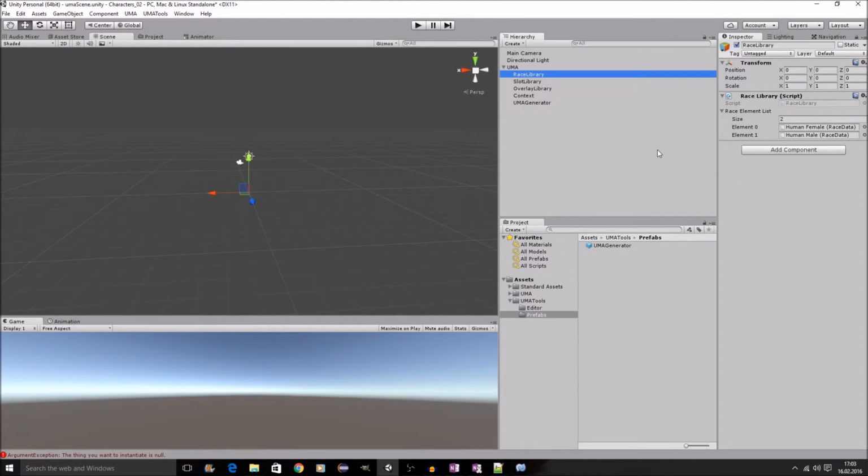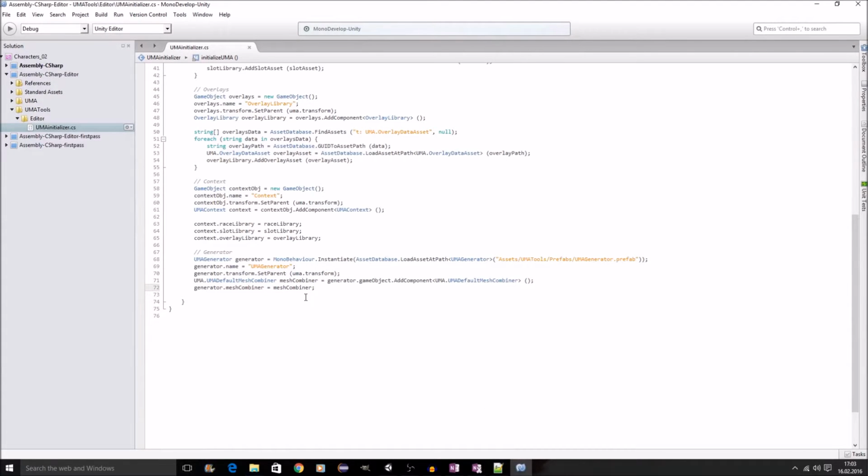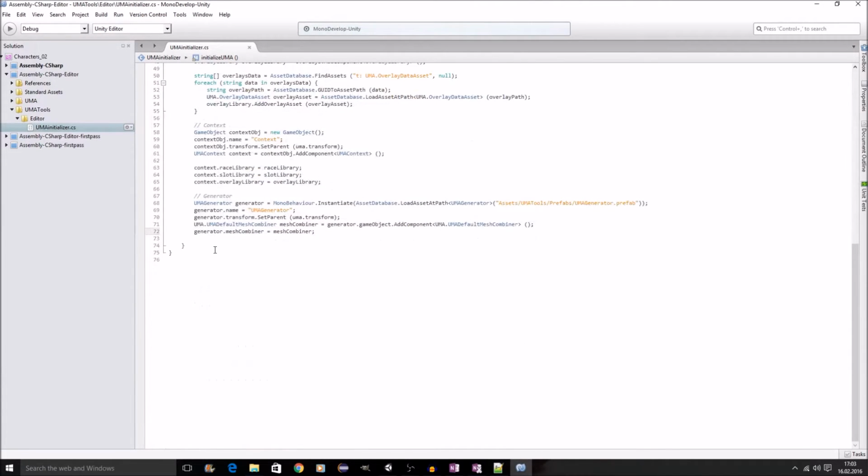Yeah, so now we still would like to see something. This is not quite yet what you were hoping for, I guess, as you've heard about UMA. So we're just going to quickly add another menu item in our script. Call this UMA tools